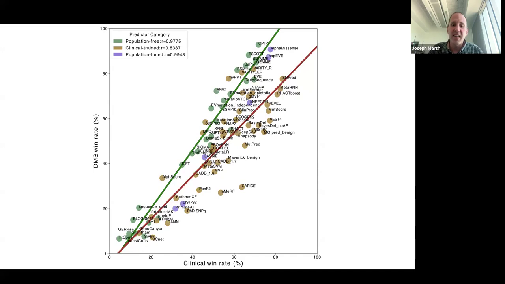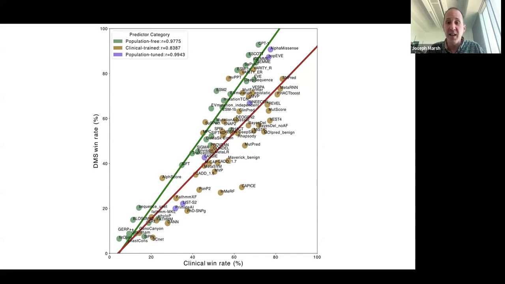So we think that the extent to which these predictors are right-shifted is essentially reflecting the extent to which they're overfit on their training data. So the basic take home here, I think, is that we're actually getting quite remarkable pathogenicity prediction from some of these population-free models like CPT1, despite the fact that they've never had any exposure to human population data or known